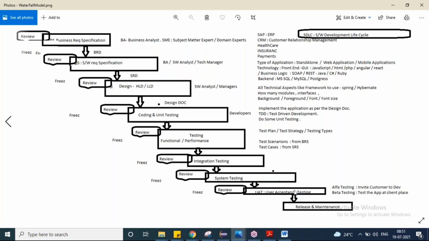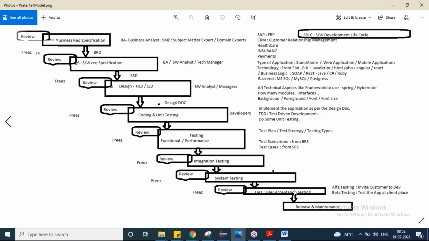As part of my software development life cycle, once the software is developed, it comes to the QA team. The QA team will prepare the test plan. As per the test plan, he will write the test design and the test cases, right? Once he is ready, he will start testing the application functionally, and performance also. At the first level, he will do individual module testing, and then he will go for integration testing. Integration testing means testing the integration among the modules. If I have multiple modules, how can we test all of them? Once he is done with the integration, he will move on to the system, right?